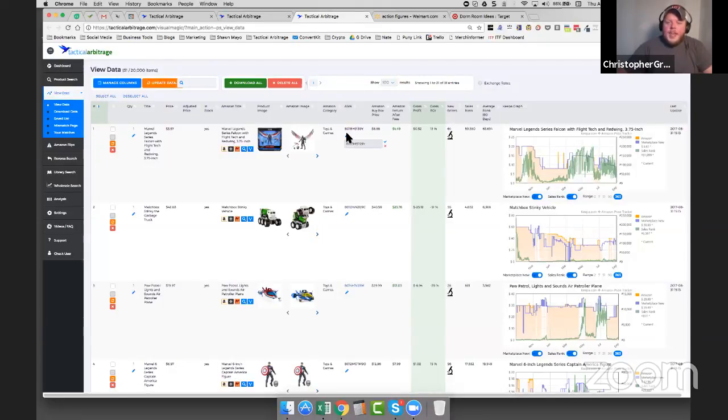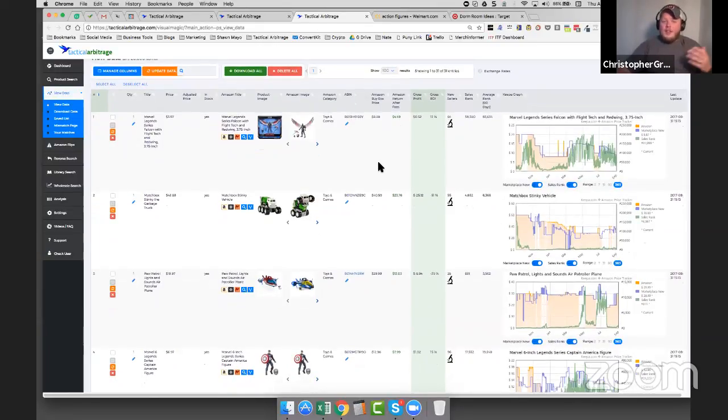You can also edit the ASIN. So if these happen to be mistaken, you can go and find the proper listing on Amazon, and then you'll put the right ASIN there, click the check mark, and it will update everything for you automatically. I also won't do that either. So that is really how you